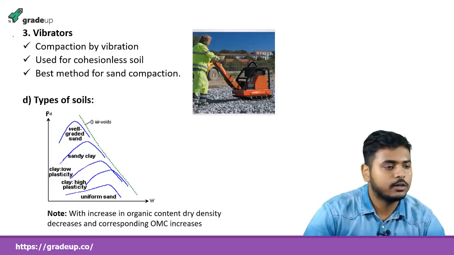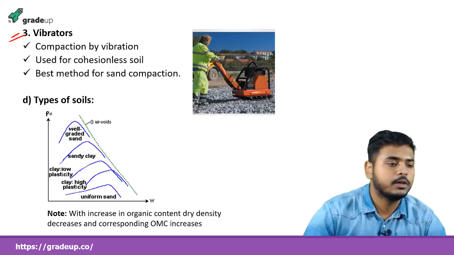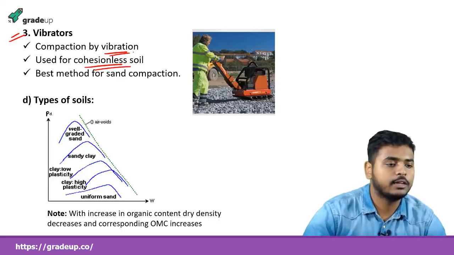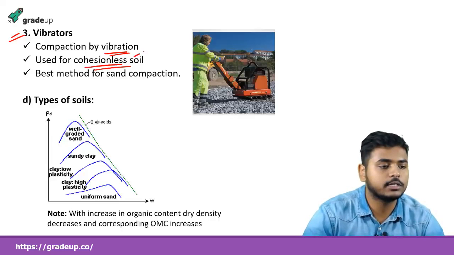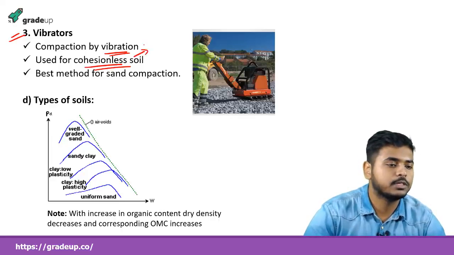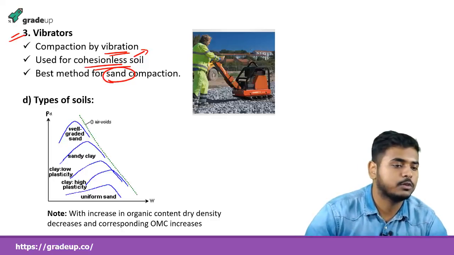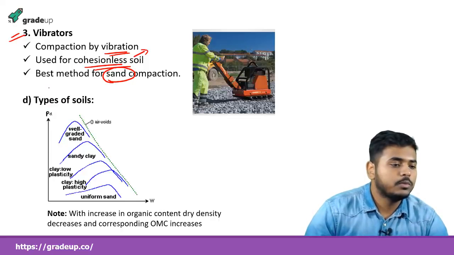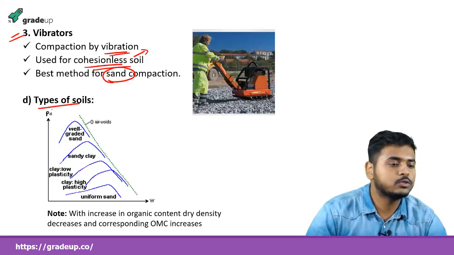Now the third item is vibrator. Here vibration is used, and it is used for cohesionless soil again, and is the best method for sand compaction. Okay, just remember this, it is the best method for sand compaction, because once this question was asked in GATE. Now, as we are studying the factors which affect compaction, the types of soil also play an important role in